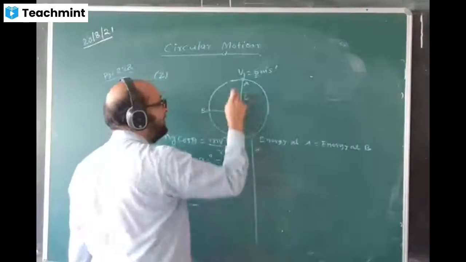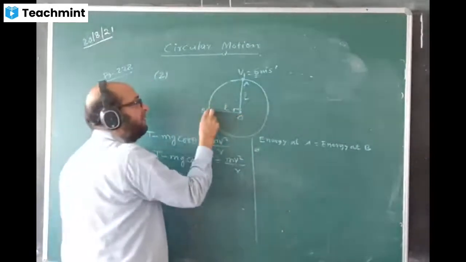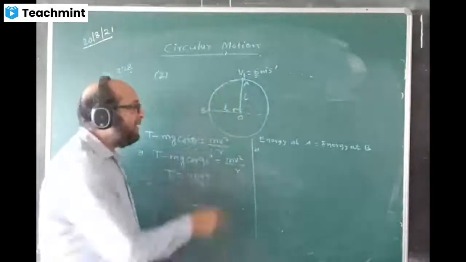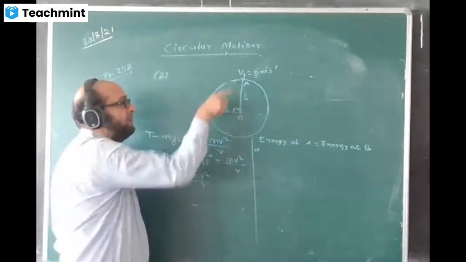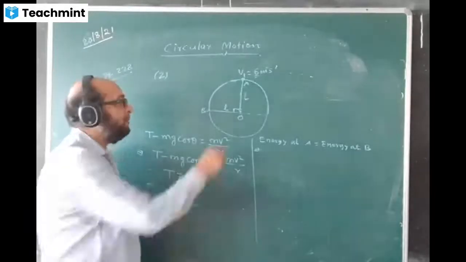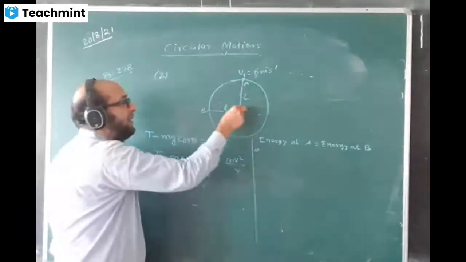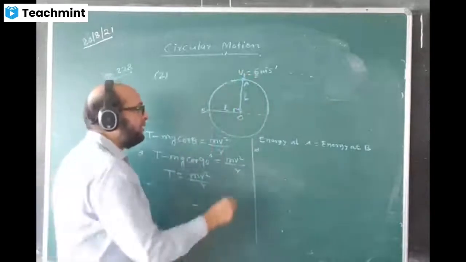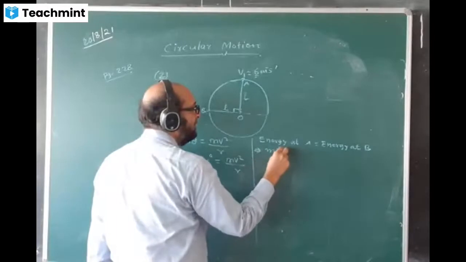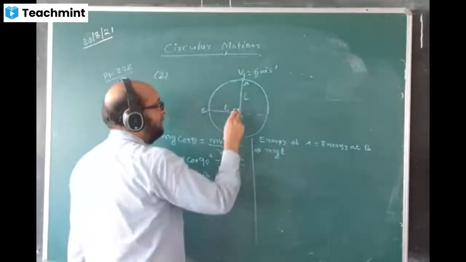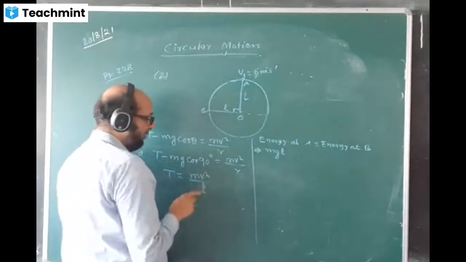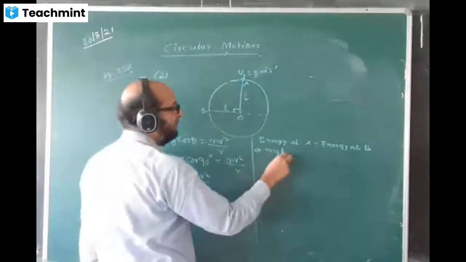What is the energy at A? Suppose this is our level. From here only we are considering. What energy will it have? It will have both the energy. Height is also there and velocity is also there. That means here you can write mgh. H is L. This is actually L only. I write radius is equal to the length. mgL plus